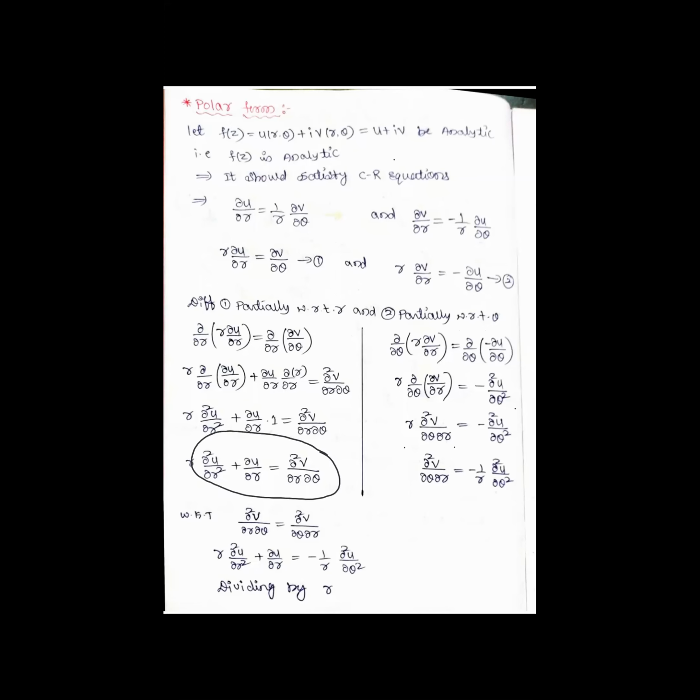This is after simplification. Next, coming to this side, I have to differentiate with respect to theta. That is, dou by dou theta of this, dou by dou theta of this. Whenever you are differentiating with respect to theta in partial differentiation, the other variable is constant. What is the other variable here? R.